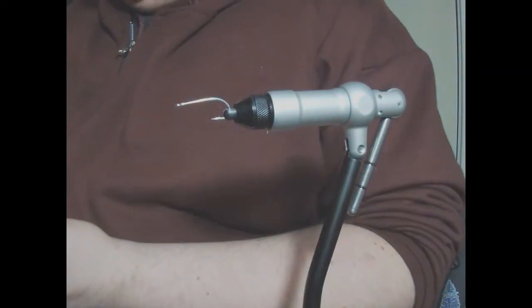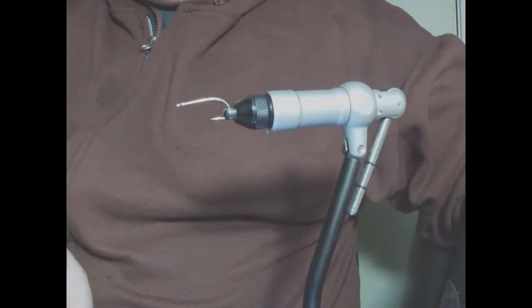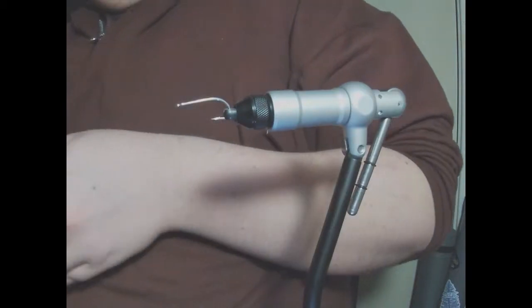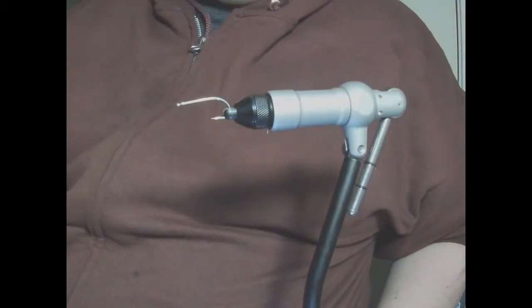Alright guys, I'm just going to shuffle some stuff around here, try to use this light for a little extra light on the hook, so you guys can see exactly what's going on. So what we have to start with is our size 6 hook. We're going to work this